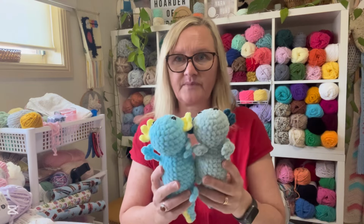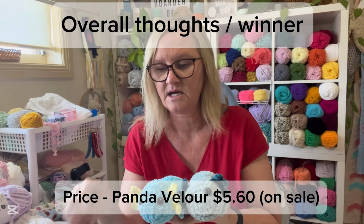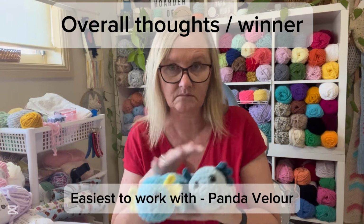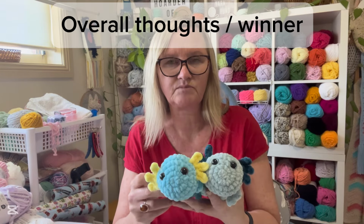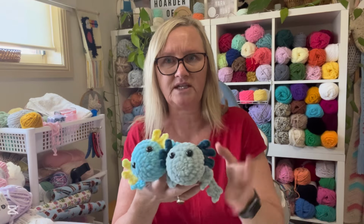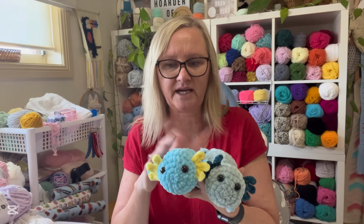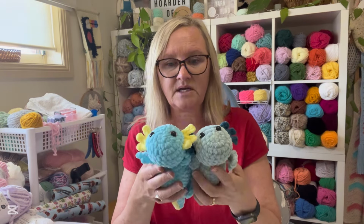Yeah, so I don't know, if I had to choose a winner in each category, I guess for price, definitely the Panda Velour yarn from Spotlight. For the ease of working with it, I would also go the Panda Velour over the Parfait Chunky. And I guess colour selection definitely has to be Parfait Chunky. There is a huge list of colours available in this range. There's no doubt about that, compared to, I think it was 11 in the Spotlight range. So if you're looking for colour variety, definitely Parfait Chunky is probably your winner there out of just these two